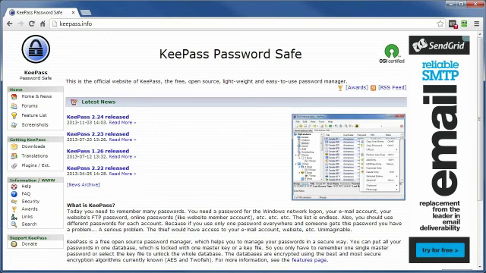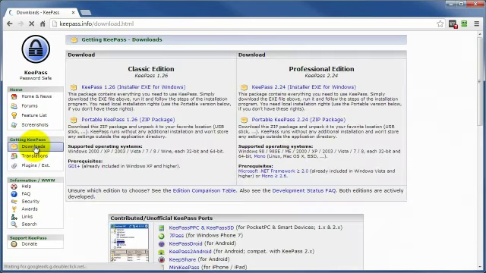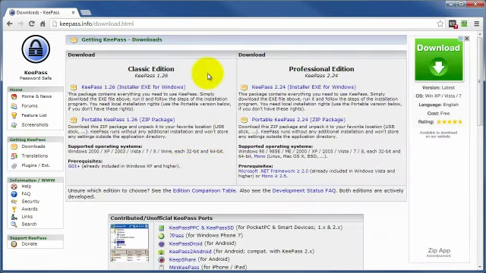This video is going to walk you through the download and install of your KeePass Password Manager program. So let's head over to KeePass.info, and then over here on the left-hand column, go ahead and select the Downloads link, and that's going to bring us to the Downloads page where you can now choose the edition that you want to install and whether or not you want to use the portable version or the zip package or the